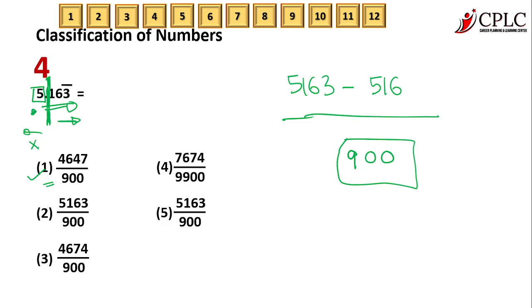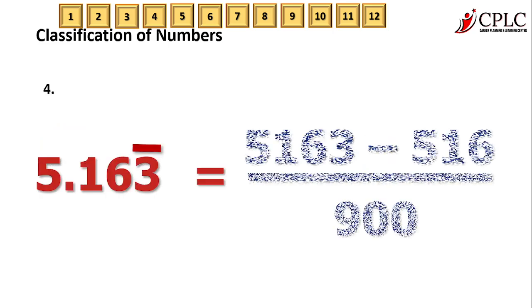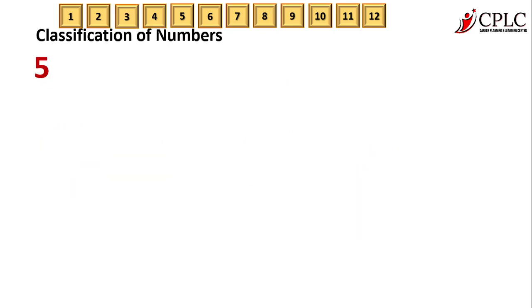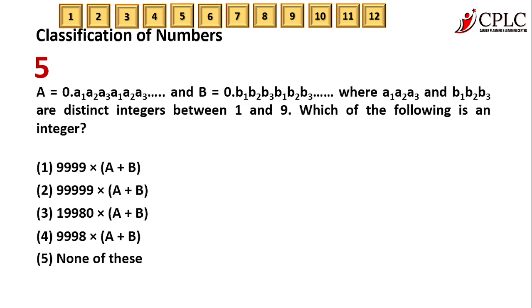So we have covered all the varieties that are possible in this type of question, that is, converting a recurring decimal into a fraction. And that was our question number 4, people. Let's do question number 5, which says